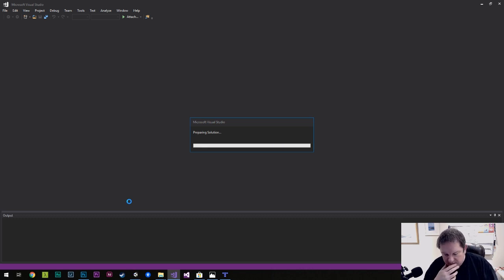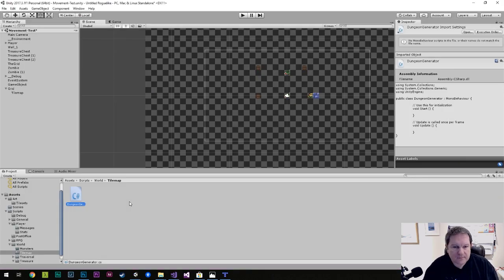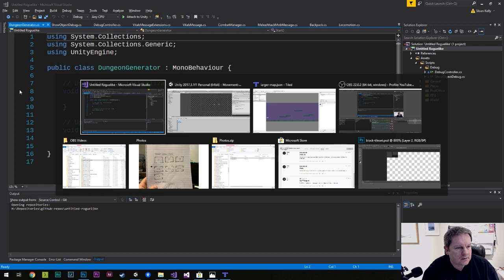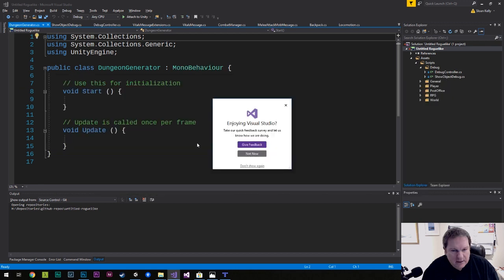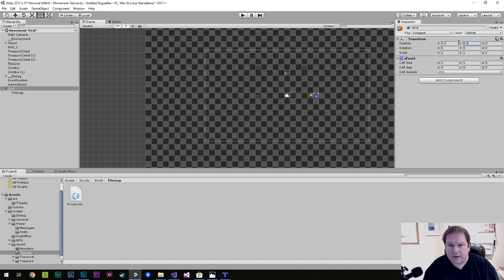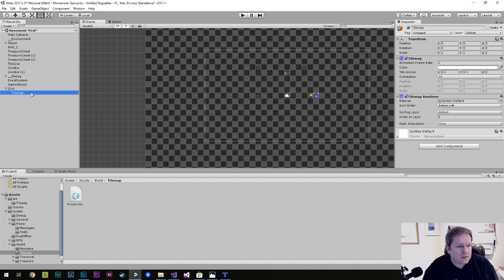I think what we can do is we can offset. If we offset the grid, what's the grid at? Let's see what grid's at here. Yes, I am enjoying it. So if we have the grid there and we offset that by 0.5 and 0.5, that shifts everything down. So then we go to the tile map